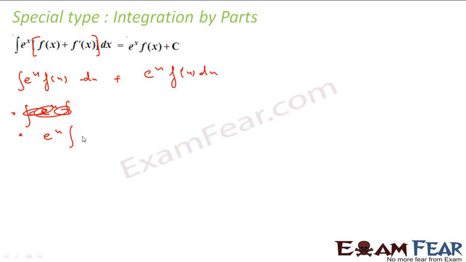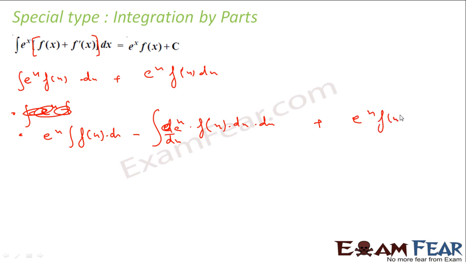Here, for the second part, e to the power x I'll take common, and integration of f'(x) dx, minus the differentiation of e to the power x, which will be e to the power x itself, times f(x) dx, and the whole thing integrated. Why? Because this is nothing but the differentiation of e to the power x, and that is e to the power x itself. Or to avoid confusion, let me write like this, plus this part, e to the power x f(x) dx. Correct? So if you see, this is nothing but,